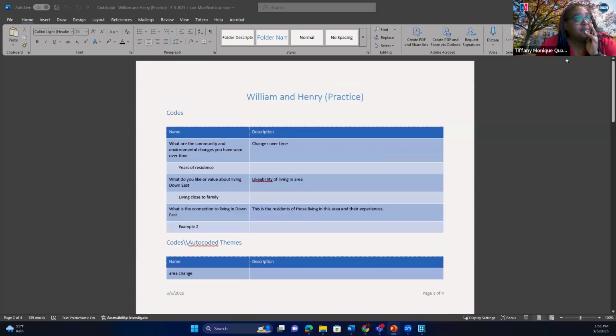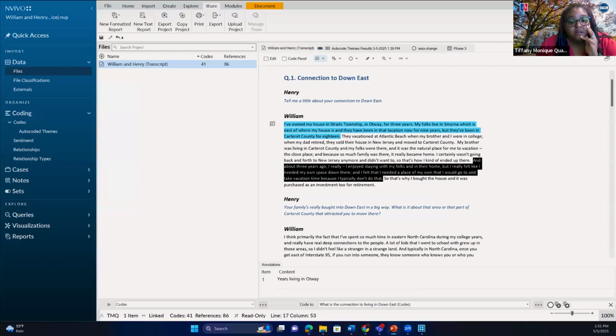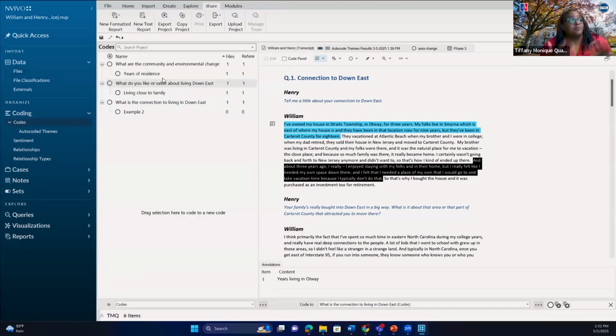So here's that information. So that's for exporting your code book. And then, since I have 8 more minutes, I'll just show you how to do themes as well. What you can do, the really cool thing about this, even though